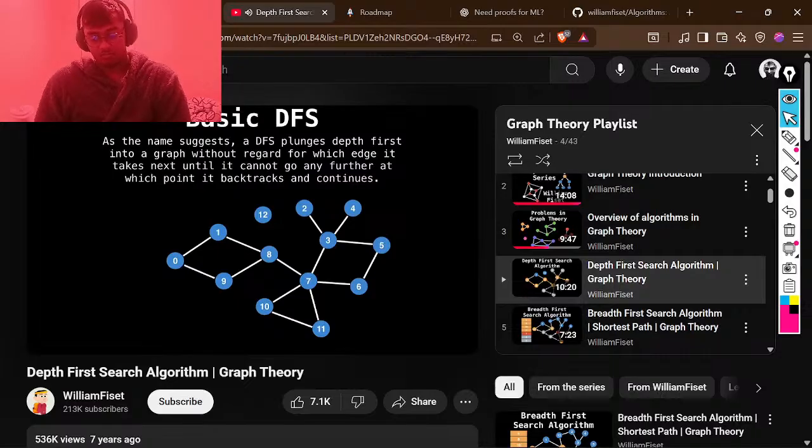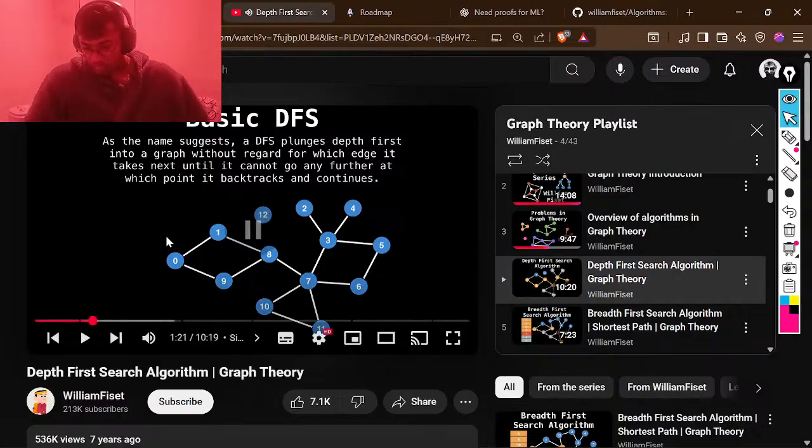As the name suggests, a depth first search plunges depth first into a graph without regard for which edge it selects next, until it cannot go any further, at which point it backtracks and